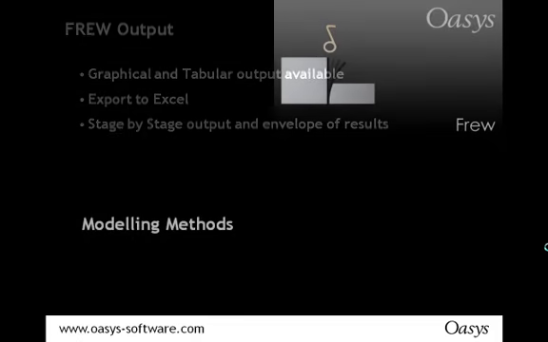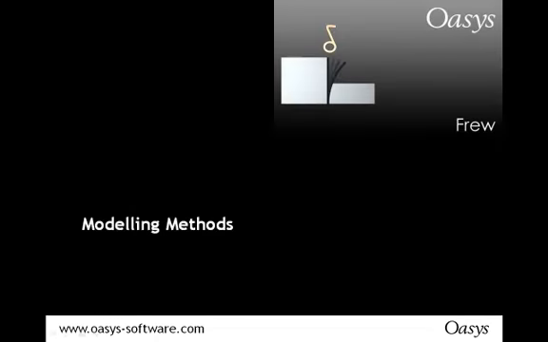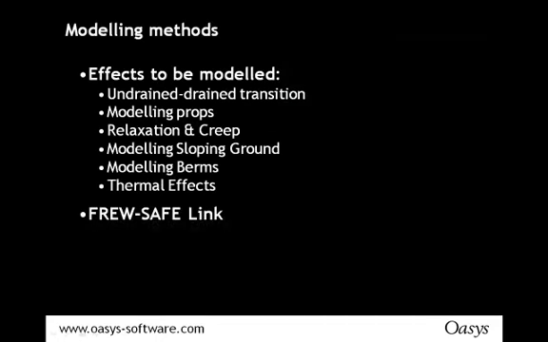But I just want to touch upon something with the modeling methods now. Now that we've looked at the outputs and we've understood how the outputs work, it's really nice for us to have a look at the modeling methods and look into more detail as to what you would do with through. So in summary, there are a number of effects to be modeled. There's undrained to drained transition. There's modeling of the props, relaxation and creep, modeling of sloping ground, modeling of berms and thermal effects, and also